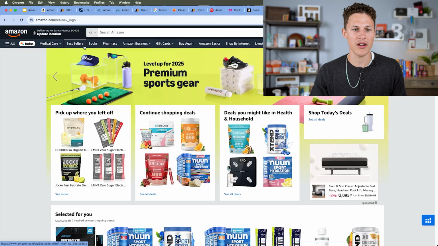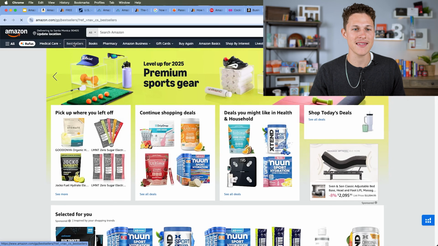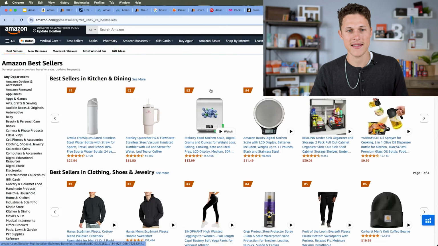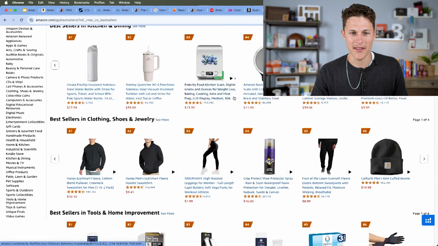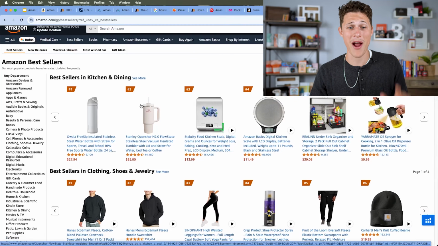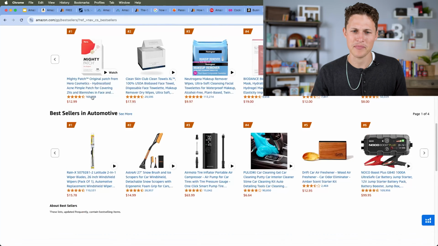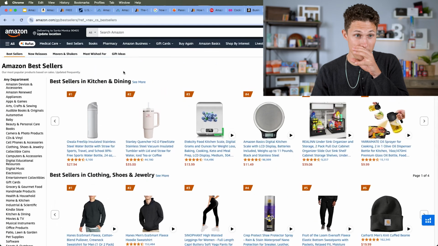So let's navigate over here, and we'll see this tab right here for bestsellers. Once we click on bestsellers, Amazon will take us to the bestsellers of all these platforms. Now, these products are probably pretty highly established. I see Stanley Cup. That's a big brand right there. We aren't going to be able to compete with them. We see lots and lots of products that are very established, but something else we can do is we can